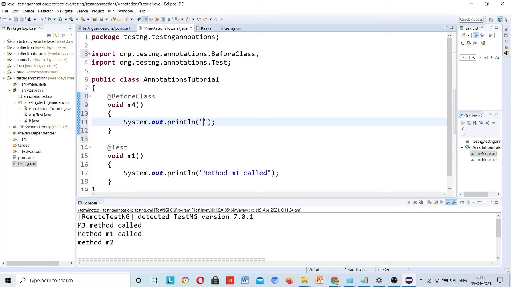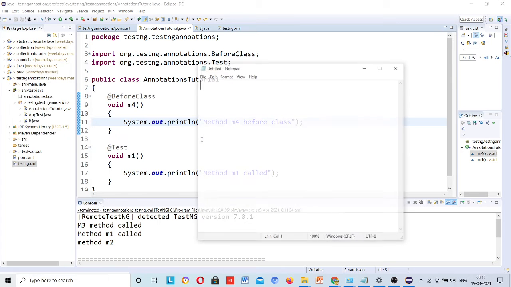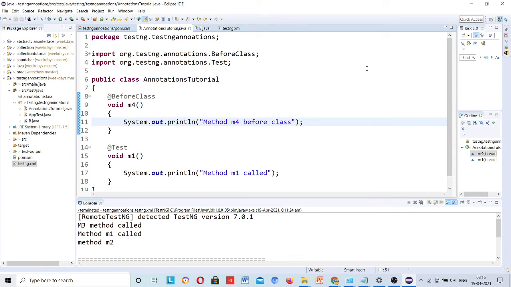So, method m4, before class. Now I will tell you what the answer is, because if your concepts are clear, then you will easily answer. First of all, I will not debug the code. Why do we debug 5 or 10 lines of code? Because our concepts are not clear. With thousands of lines, we don't know how it is working, so I go for variables and things to check.